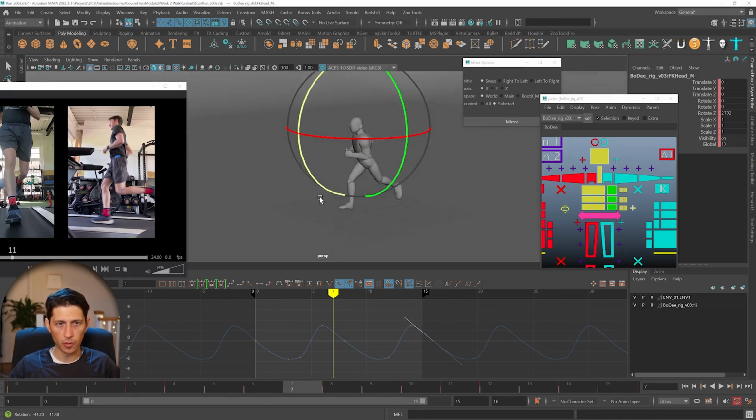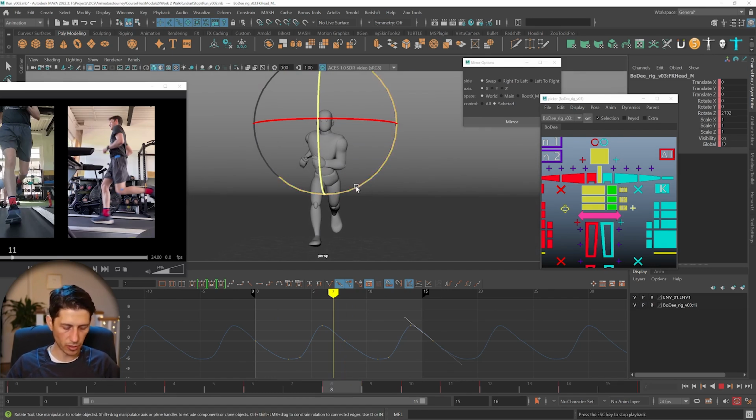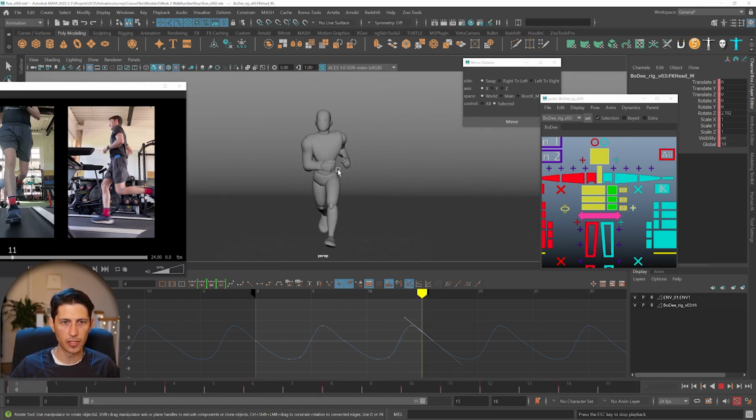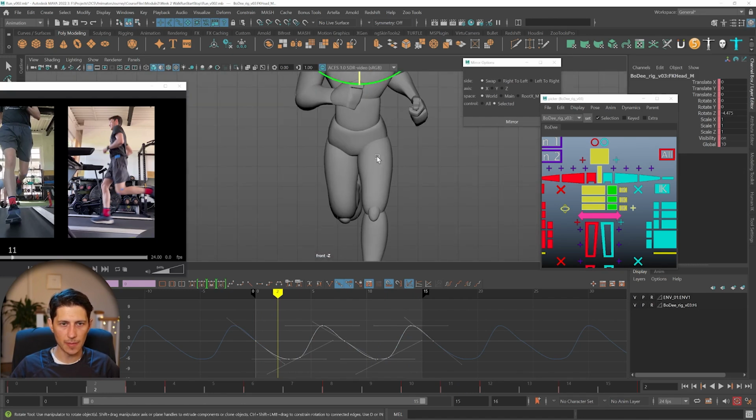And then we'll always want to look from other angles, because a lot of this profile stuff, you can see this is where the most polish is going to be needed, in these arms that are a bit jacked up. Maybe they're moving a bit much, and the head's moving too much. So all we have to do now, if we have a timing that we like,